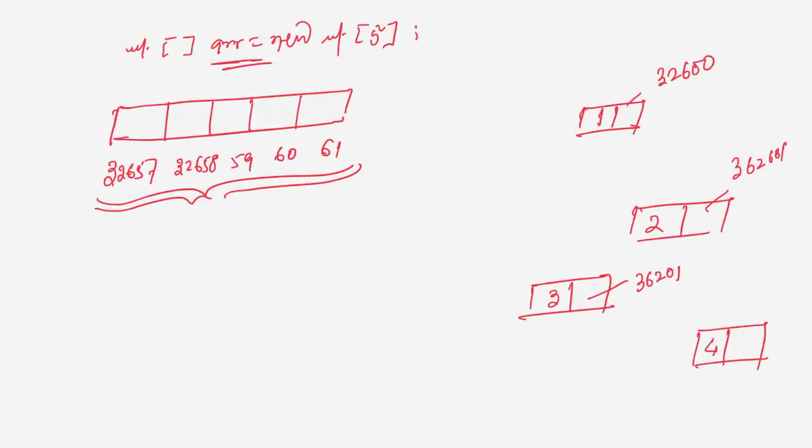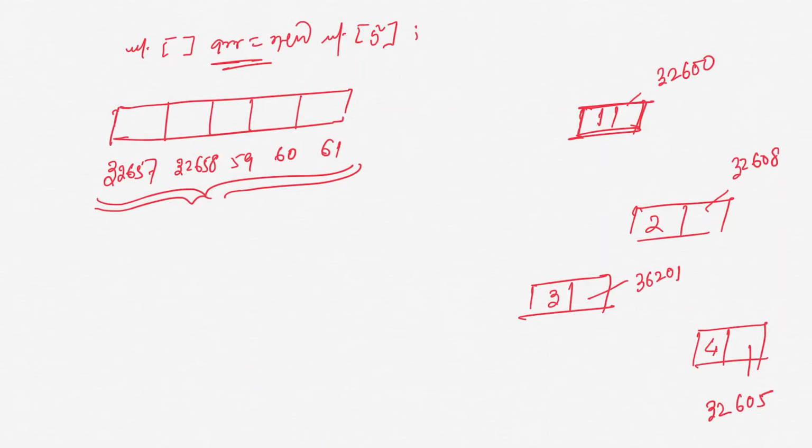32,201, 600, sorry, I'm taking 32,608, 32,201. So here